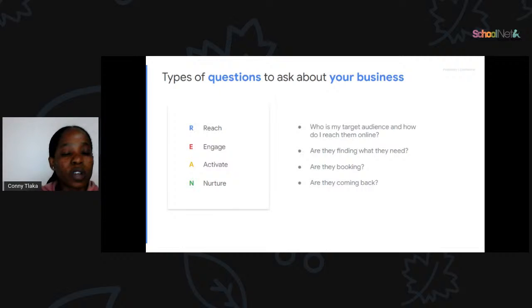You need to reach more customers, so you need to know who your target audience is, and also how you reach them online. That is the meaning of the ring: reach, engage, activate, and nurture.